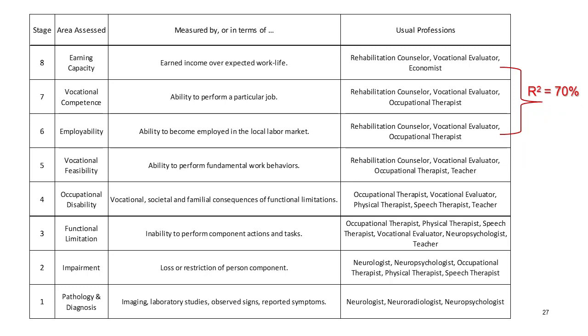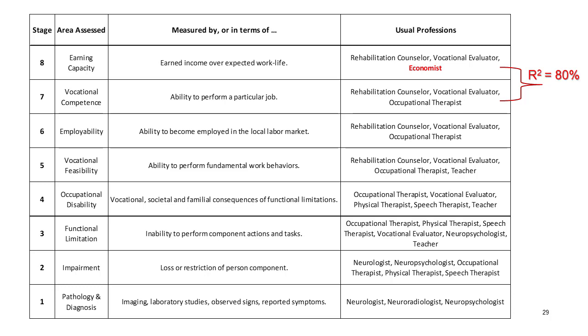And of course, employability does a pretty good job of predicting earning capacity, but you'll notice that it's still not a perfect prediction. Vocational competence improves that somewhat, but still falls short of a perfect prediction. We'll talk about that in other lessons. The closer we get to the stage where we find earning capacity, the more powerful our predictive ability is. At that point, we call in a forensic economist to interpret our professional judgments and findings in terms of the